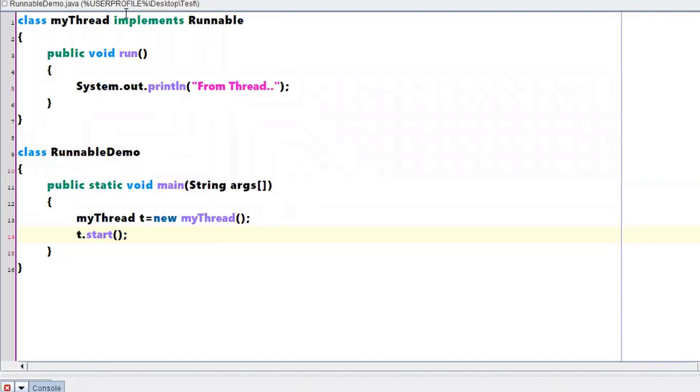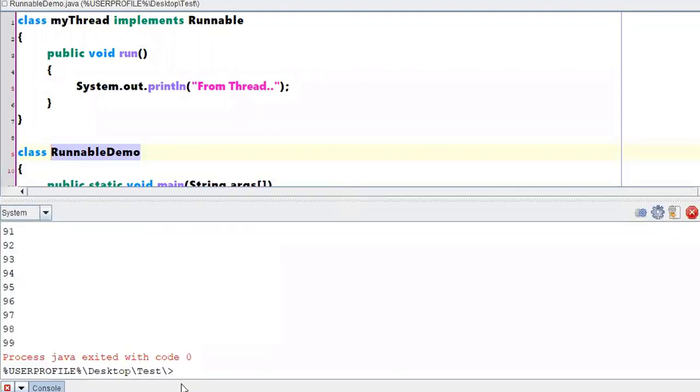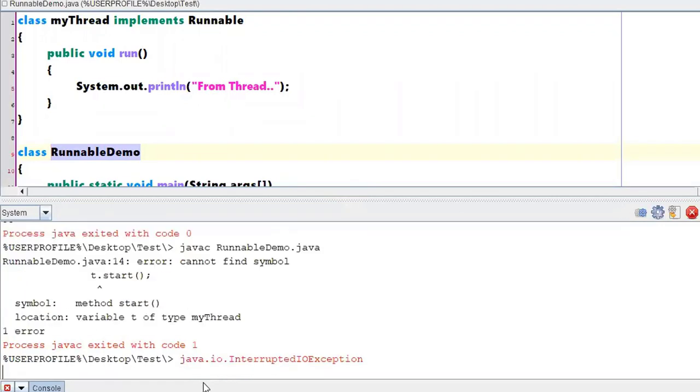Now let me just cross check what it will show. So if I am executing in this particular fashion, what might be the error? What will it say? javac dot java. What is it saying? Java line number 14 error: cannot find symbol t dot start.